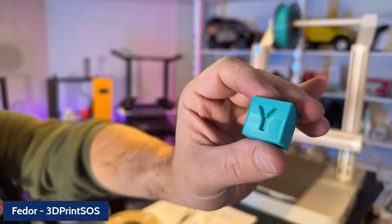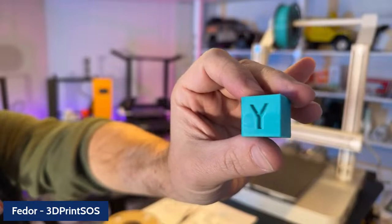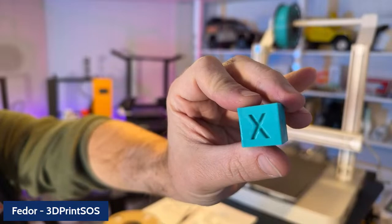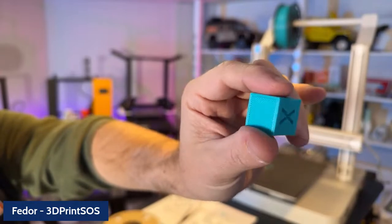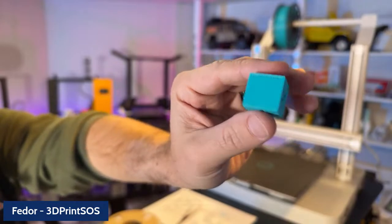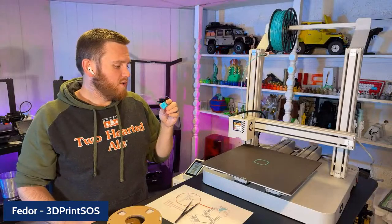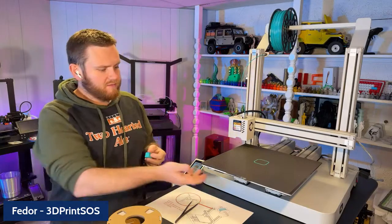Let's see the Y. You can see that divide. Now, check it out, guys. No ghosting. Is there any ghosting at all? Maybe a hair on the top side. I've got to say, I'm pretty impressed with this. Here's the bottom. Could be better, but like I said, I wasn't really confident in that first layer. So, not the most elaborate testing, but as far as going that fast without a profile, without any knobs,